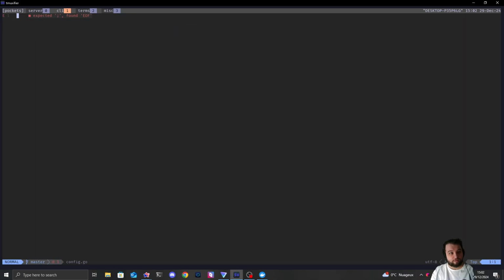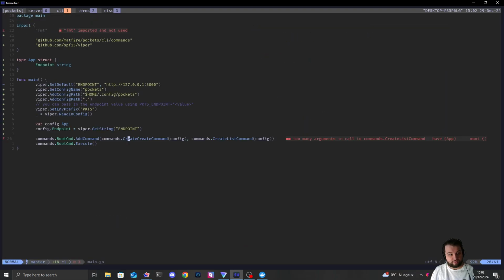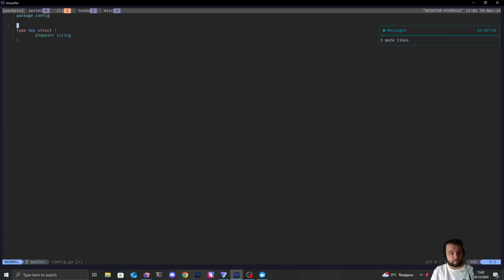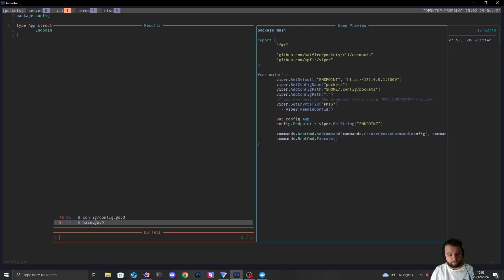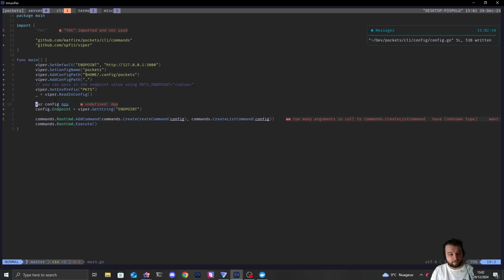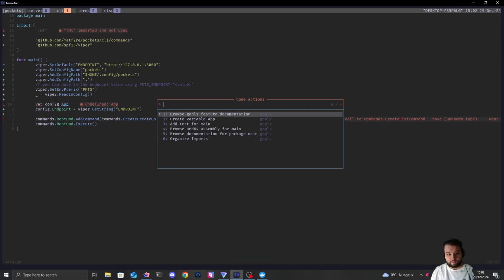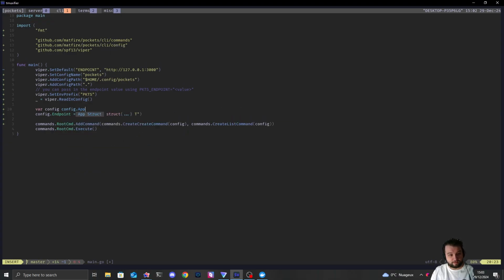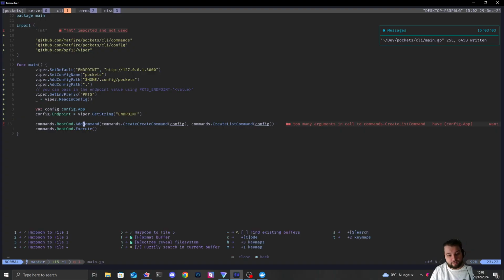Config.go, package config, and let's just get this out of here and put it inside of here, and then we can just import it back. And then we can just do config.app like this, which means that now we can have